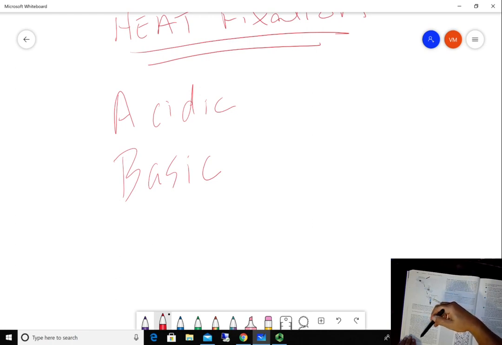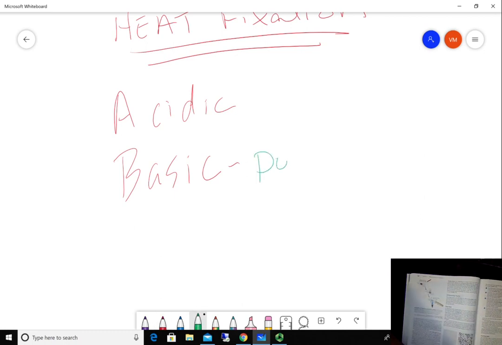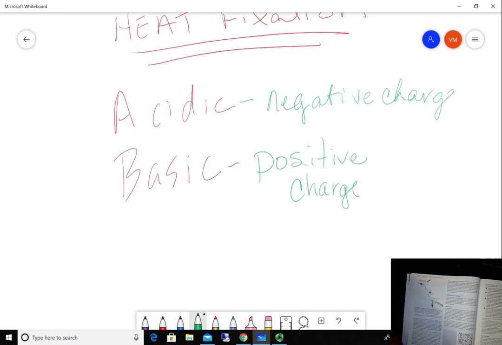Okay, acidic dyes are what we call negatively charged. Basic dyes are positively charged. So basic is positive charge. Acidic is a negative charge. This is important when we look at what we're doing with our dyes. Examples of basic dyes that are positive, and they are